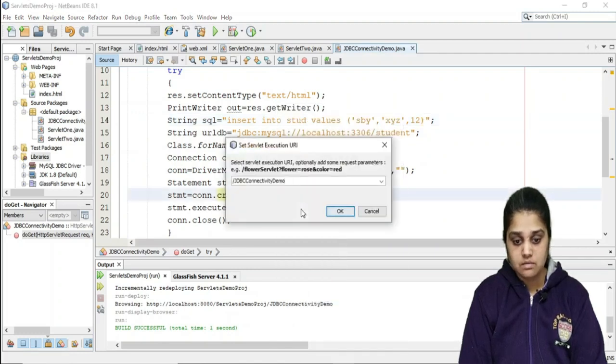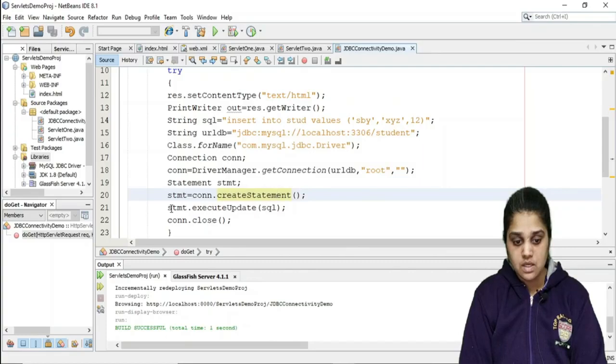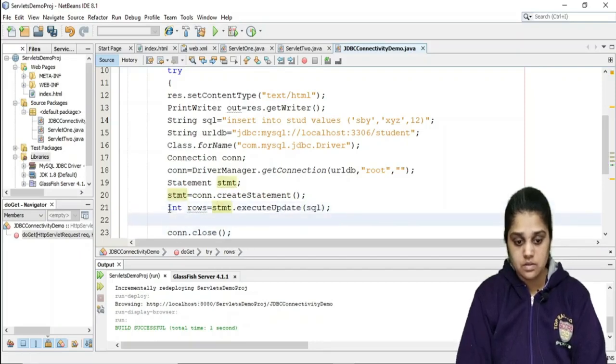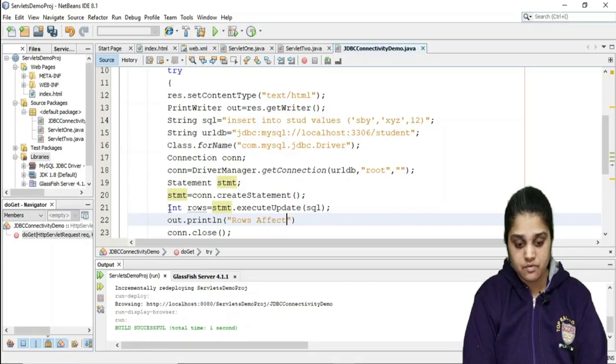Let me run. What we can do is write int rows, and we can print out.println rows affected, plus rows, if we want.